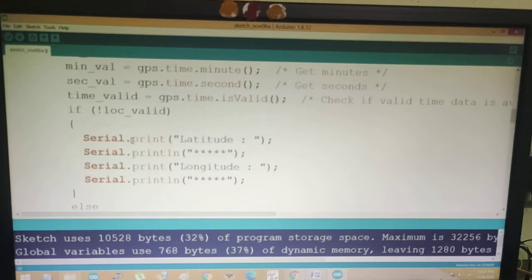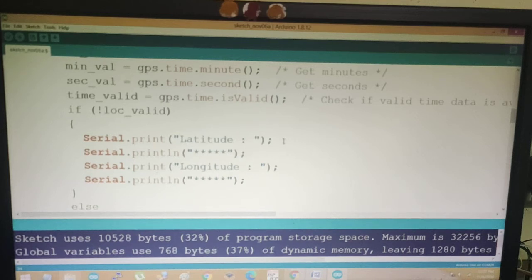After doing this, if the location is not valid, if the condition is true, then at that time it should print star star only. There may be two chances. One is that you didn't connect your GPS module with the Arduino Uno properly. The other is that it should be in open atmosphere, because if you are doing it in a room or in your house, it will be difficult to get the satellite. So proper atmosphere is needed. You have to keep this module outside, and it is better to keep it in line of sight, so it will be good.